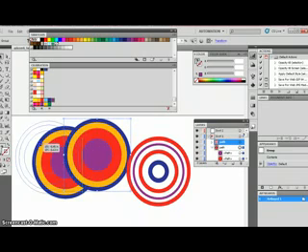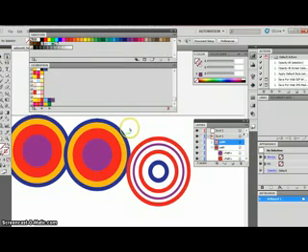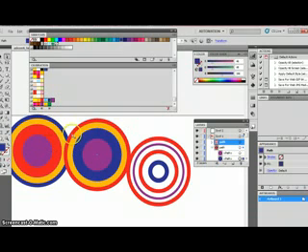Okay, what I want to do here is color these differently, but I want to choose them individually. So I'm going to take my white direct selection arrow, and I'm just going to alter the color slightly. And so I'll take this outer one, make it red, inner one, make it dark blue. So just have a slight difference, but still giving it a look that